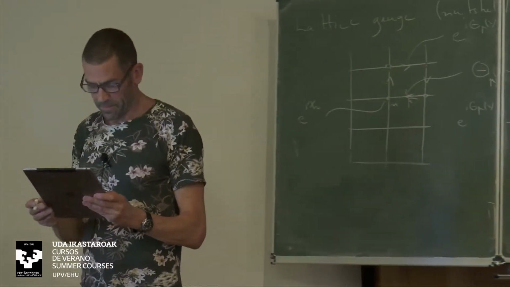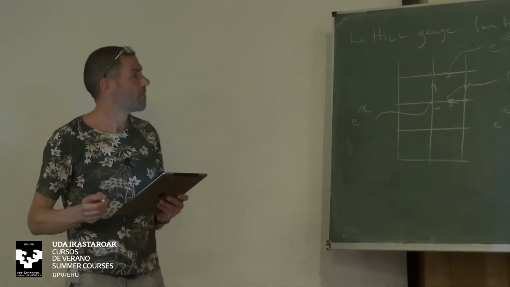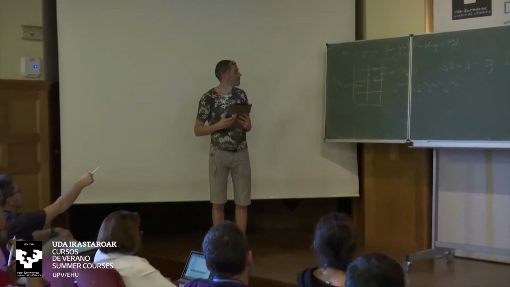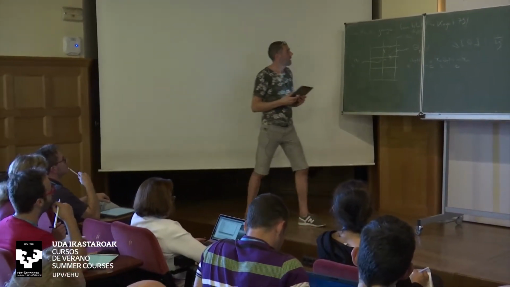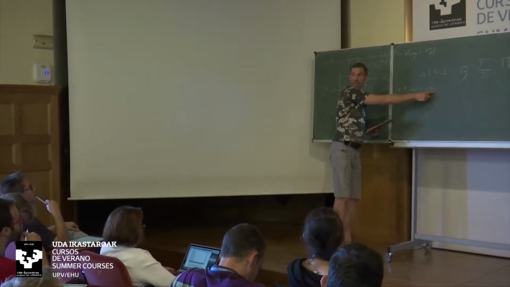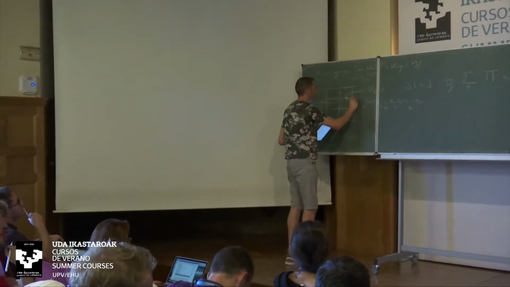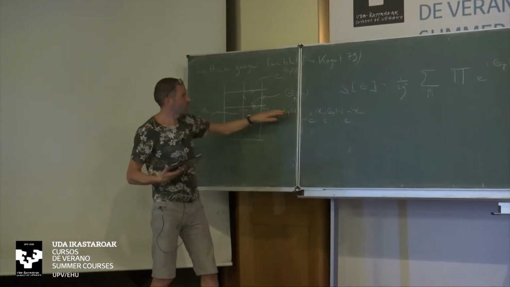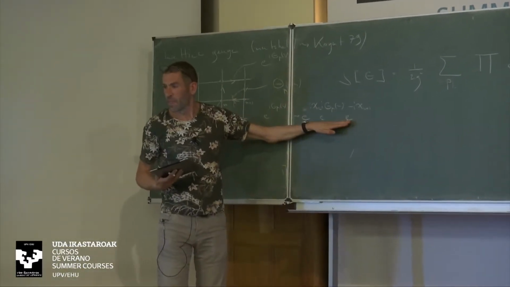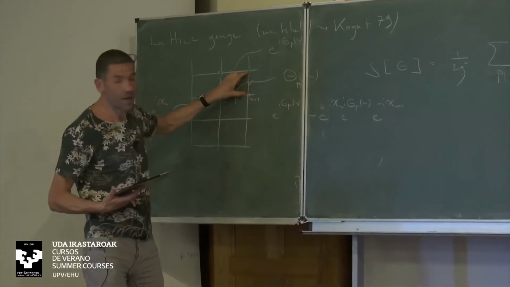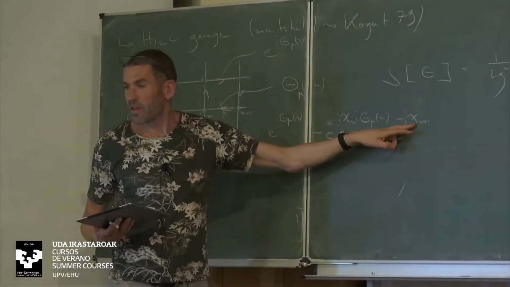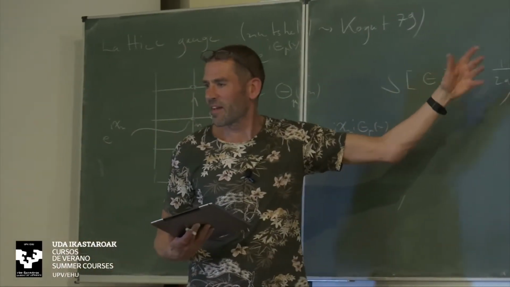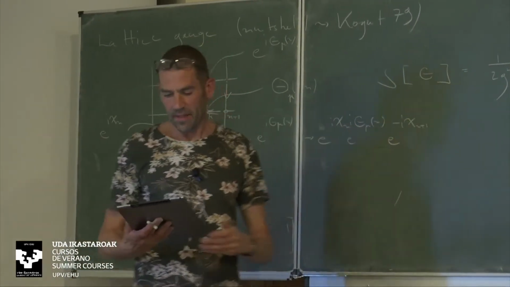Is this a restriction? Why, when I go from n to n plus 1, is the chi the same and not different? No, it's not the same. This is a different one. So here I have n plus 1, say. This link here will be multiplied in this way, but the minus will appear as plus. Here you have another link, and that one gets this factor, but with a plus sign. It's good that you ask. It takes some time to get used to it, but at the bottom line we have